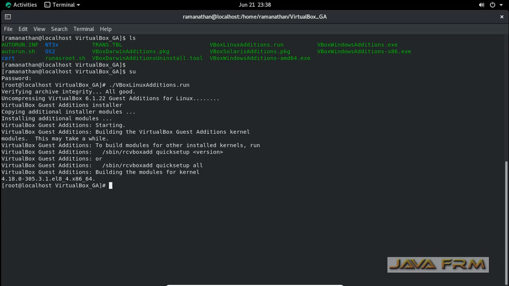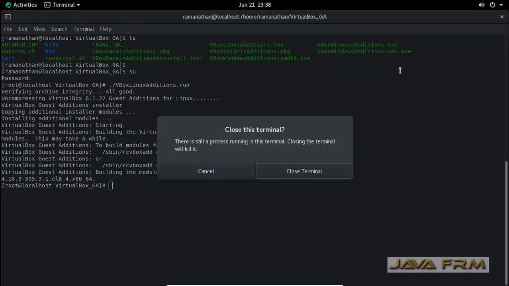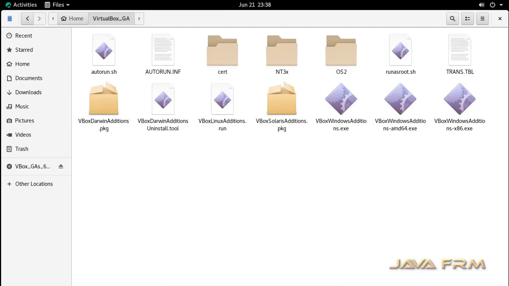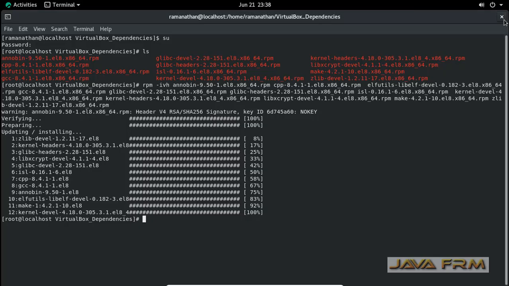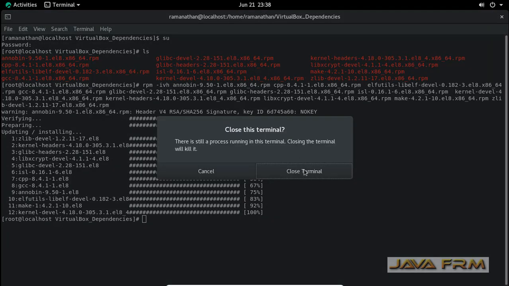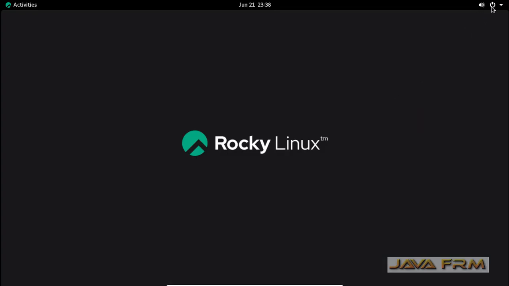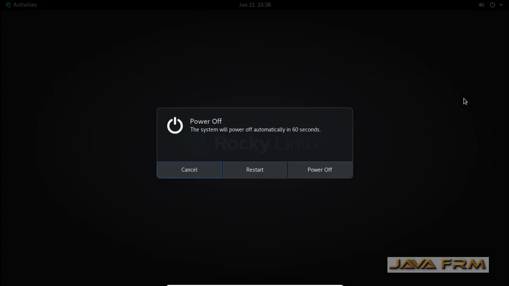Next step, I am going to power off this machine. Instead of rebooting, I am powering off and going to make one small change in the VirtualBox settings. I am closing everything and going to shut down.